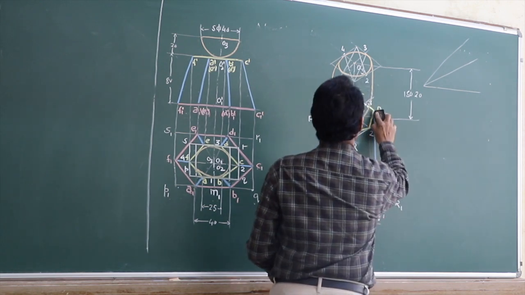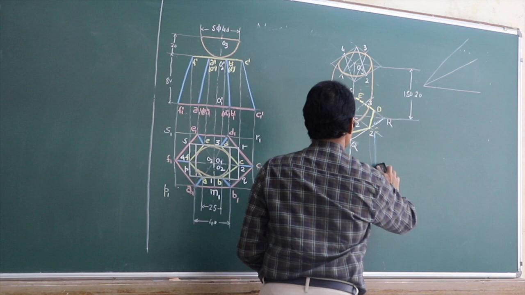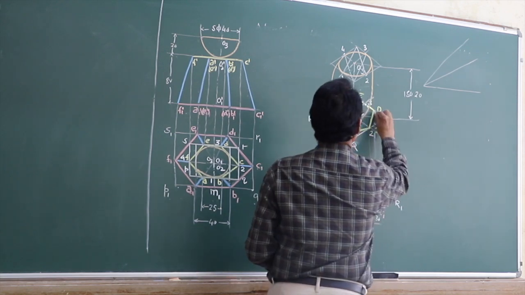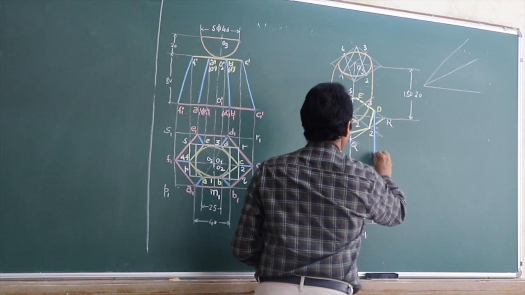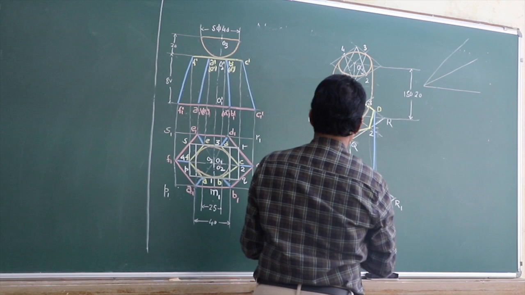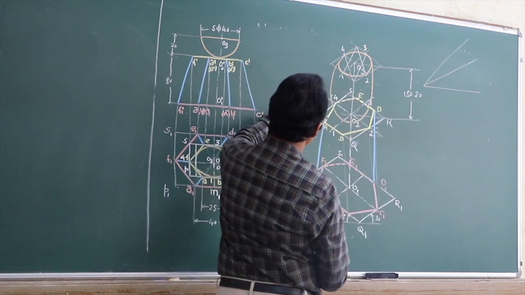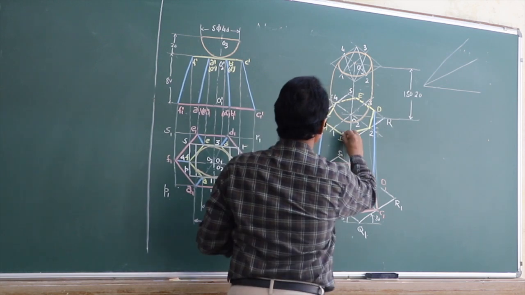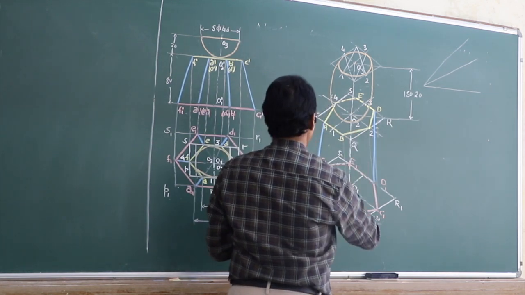D1 will be here, D1 like this, okay. Then coming to the other slant edges, see A1 is over, next front one is B1,